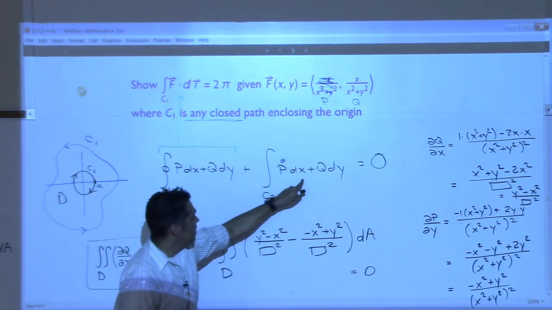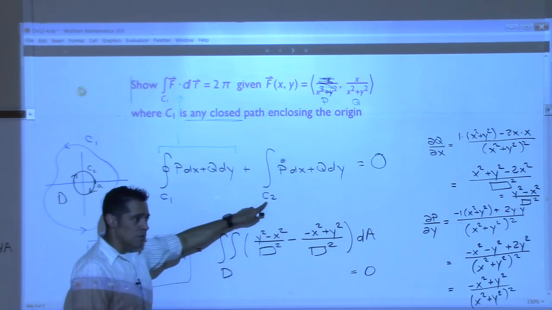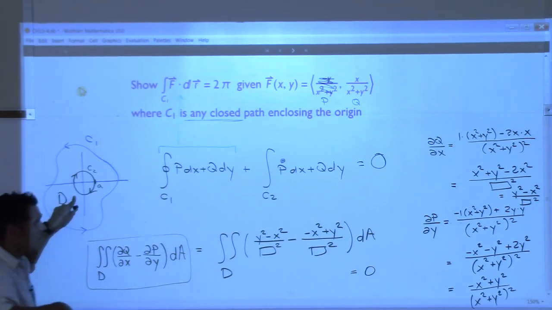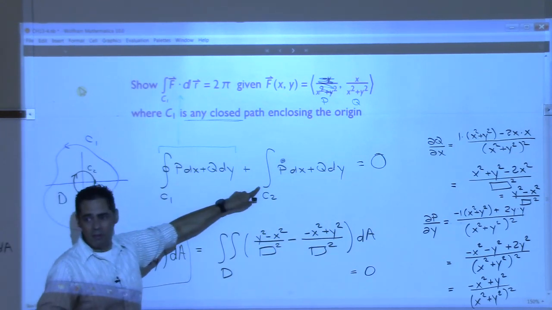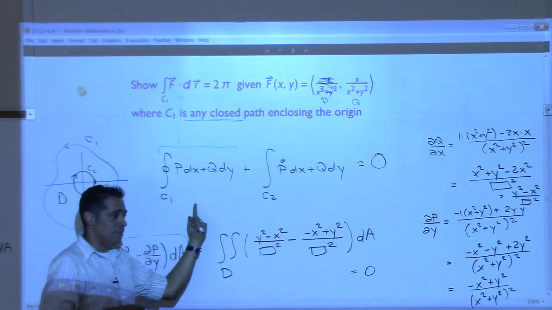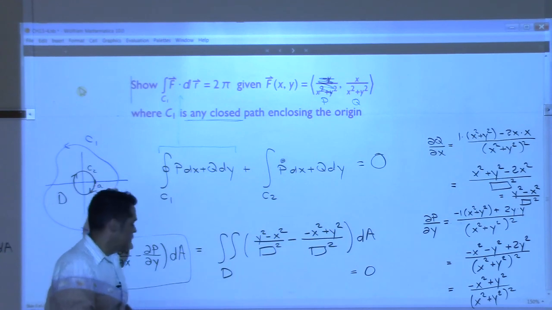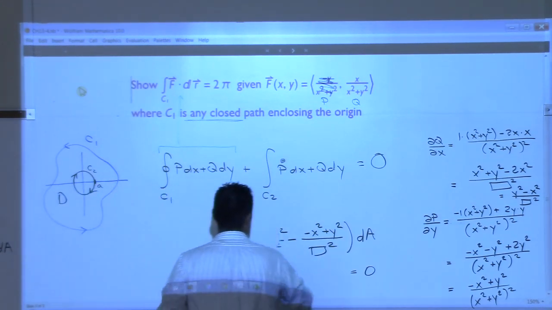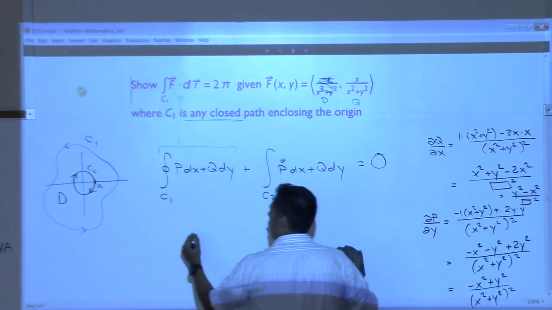This, though, is the line integral over C2. And C2 is a circle that I can come up with the parametric equations for. So I can actually calculate this line integral. And whatever it is, that answer is equal to the opposite of this answer. So my next line is to show that I have this. I have the line